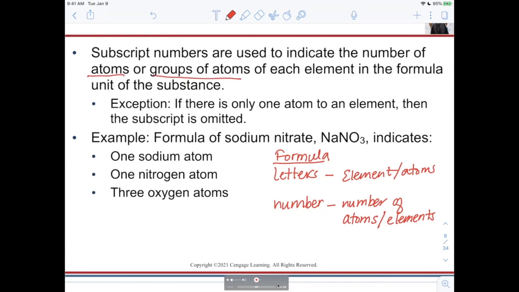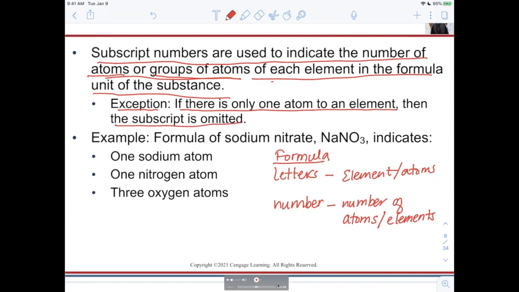So we're told here, subscript numbers are used to indicate the number of atoms or group of atoms of each element in the formula unit of the substance. We usually see all numbers except for the number 1. The exception is if there is only one atom of an element, then the subscript is omitted. So here we're seeing an example,